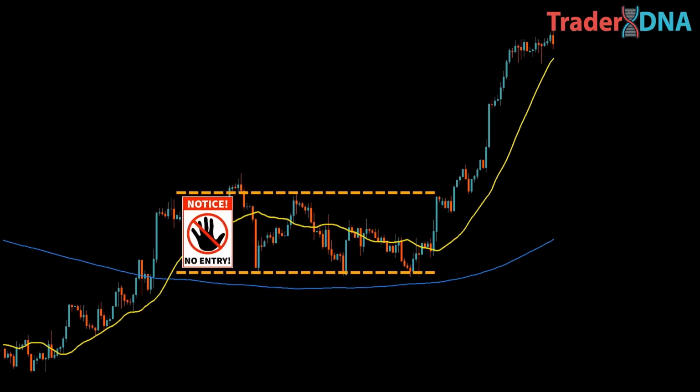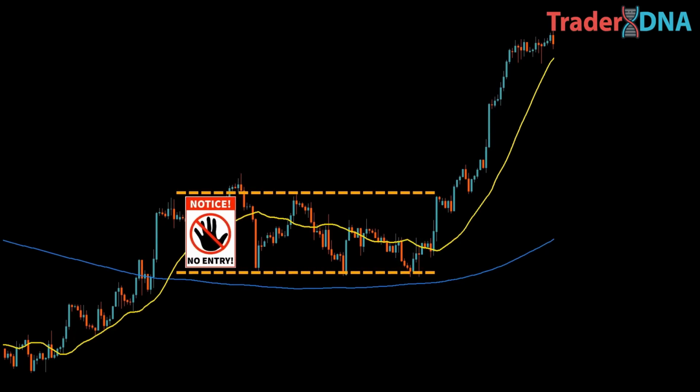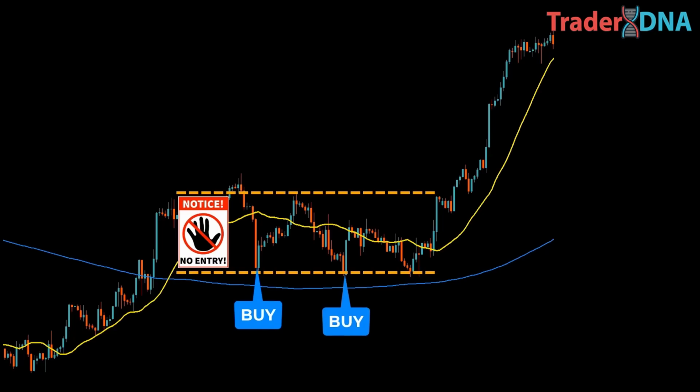We could avoid trading altogether due to the lack of clear direction in the sideways market, or we could place buy trades near the lower end of the range, where the price tends to find support. What we definitely shouldn't do is enter sell trades at the upper end of the range, because that would go against the long-term upward trend. By using two moving averages, you won't necessarily get better trade opportunities, but it will certainly help you avoid making poor decisions. It's all about aligning your trades with the overall market trend and using the right information to steer